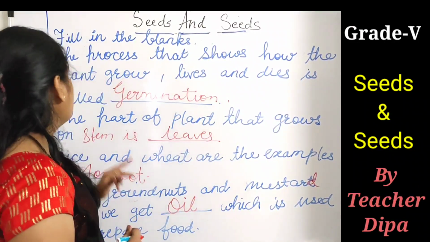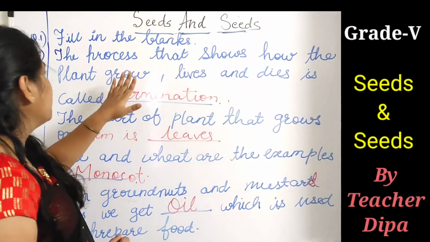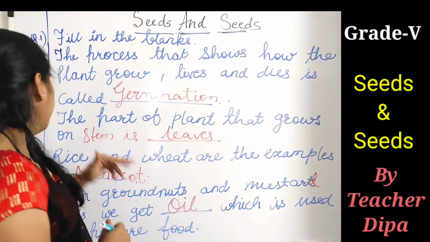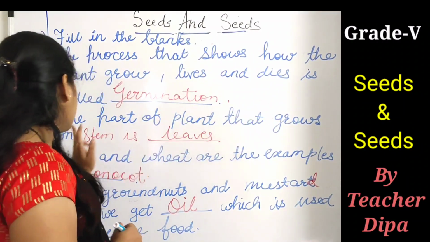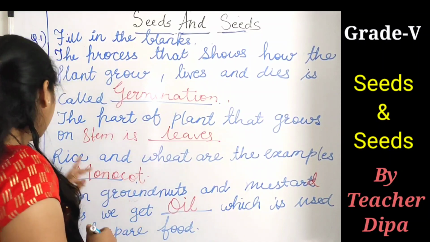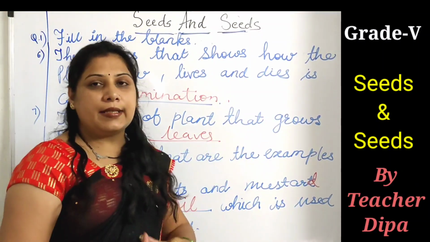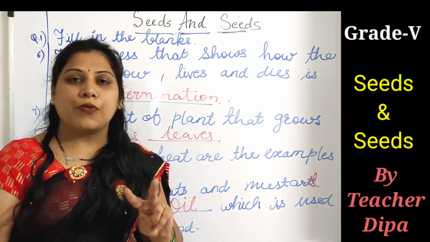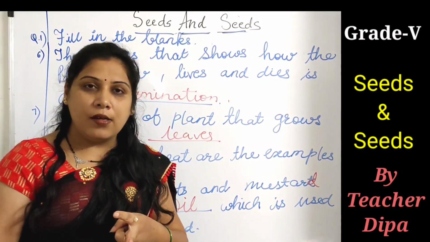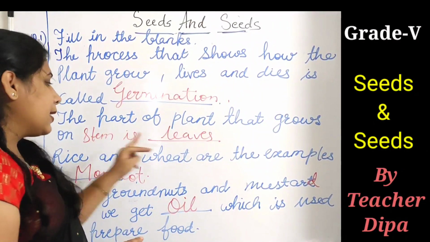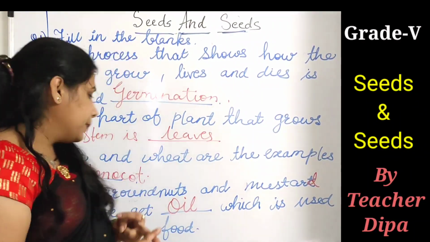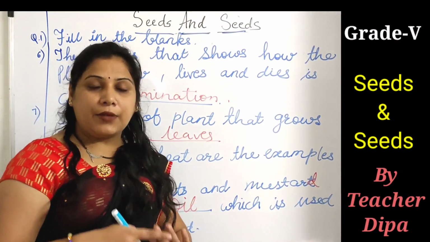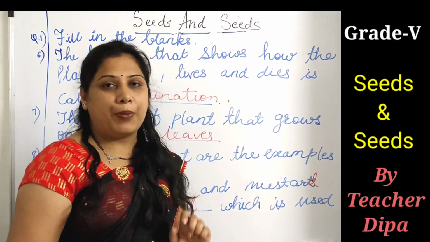So we are repeating this. The process that shows how the plant grows, lives and dies is called the germination process. The part of a plant that grows on stem is called leaves. Rice and wheat are the example of monocot seeds. You know that there are two types of seeds. One is a monocot and another is a dicotyledon. So rice and wheat are the example of the monocot. From groundnut and mustard seeds we get oil, which can be used to prepare food,